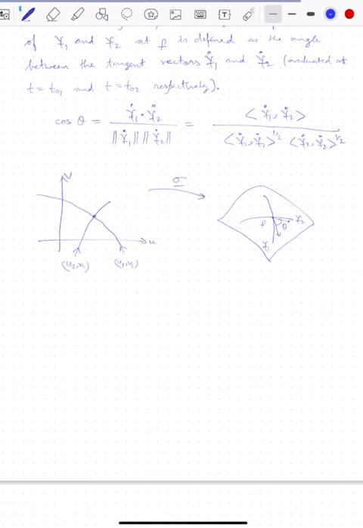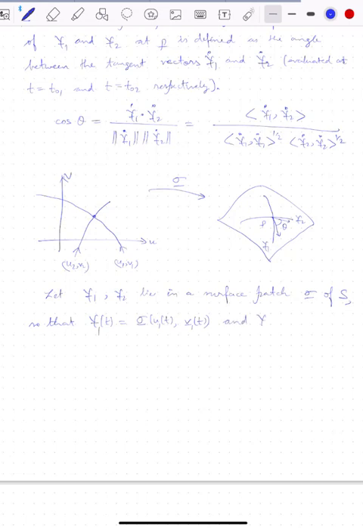So say we have gamma 1 vector and gamma 2 vector lying in a surface patch, the surface patch sigma of S. And so what we have here is that gamma vector of t is equal to sigma vector (u(t), v(t)),